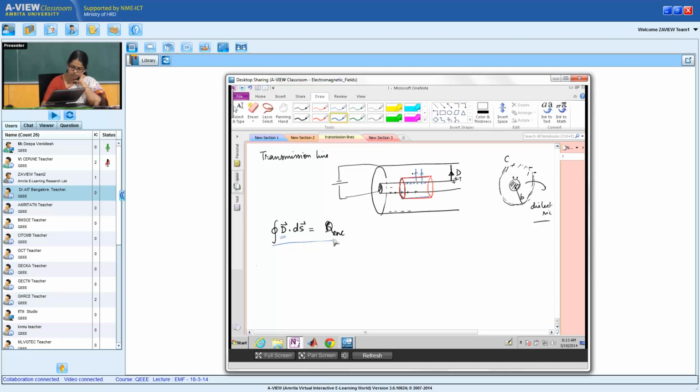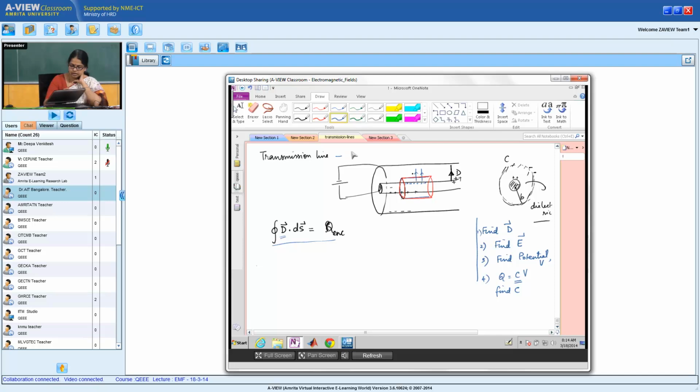Why am I using Gauss law? My plan is to do this. I will use Gauss law and find D. Once I know D, I find E, the electric field density. Once I know E, I find potential. Once I know the potential, I am going to use this relation Q is equal to CV and find out capacitance. This is the plan,